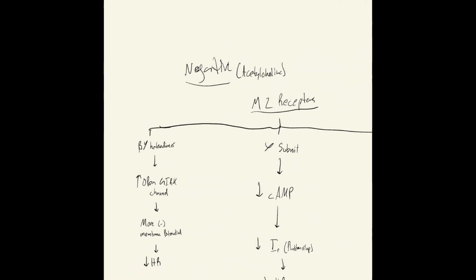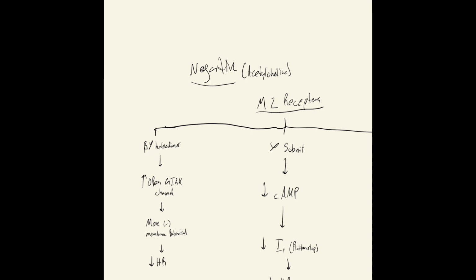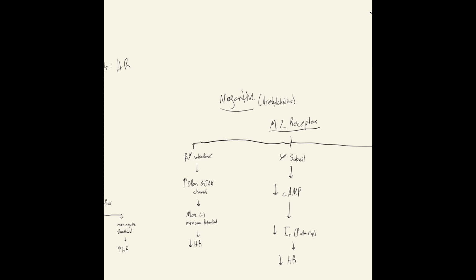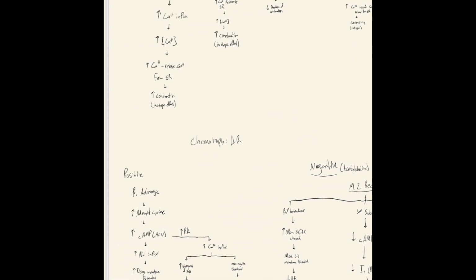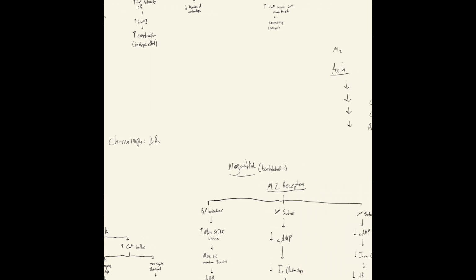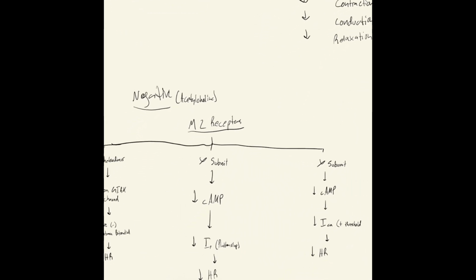For the negative side, this deals with acetylcholine at the M2 receptor. So first we have a beta-gamma heterodimer that will open the GIRK channels quicker, which will create a more negative membrane potential, which lowers the heart rate, which is the exact opposite of this here in the positive beta-1 adrenergic reception. This M2 receptor can activate the alpha subunits, which will decrease cAMP and will decrease